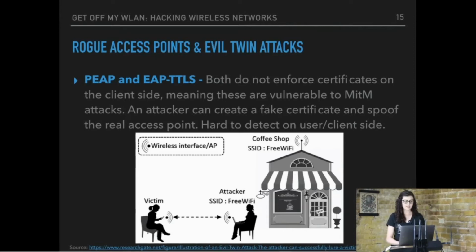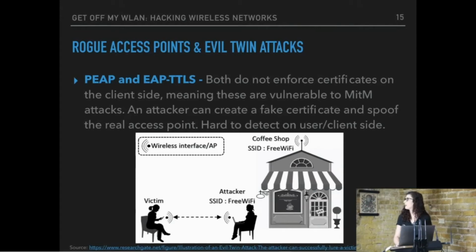And depending on how close you are to the access point or the network, your wireless device will connect to the access point with the strongest signal. And if your device recognizes a network that it has seen before, it marks that network as known or trusted. So if we look at the diagram that we have here, we have an attacker sitting outside a